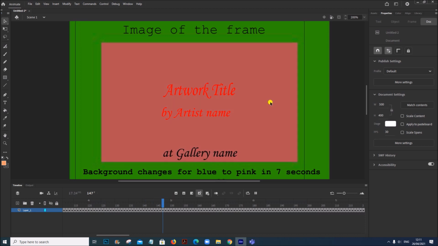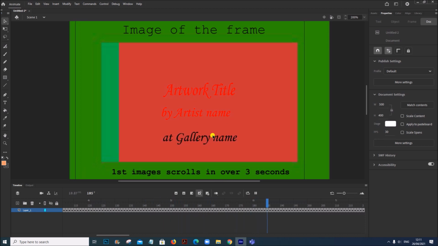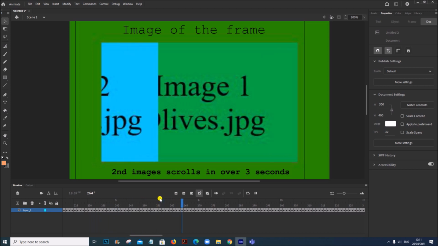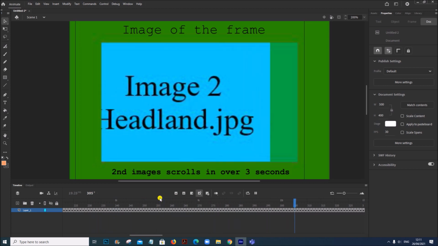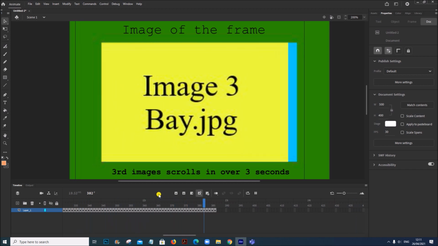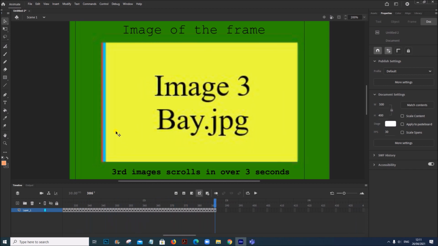The background color changes and the text should be displayed in such a way. So this is how our animation should look like.